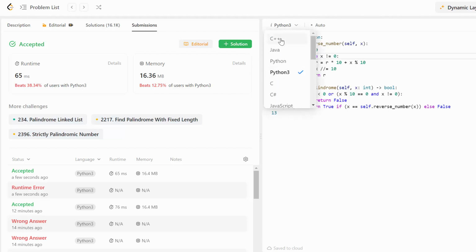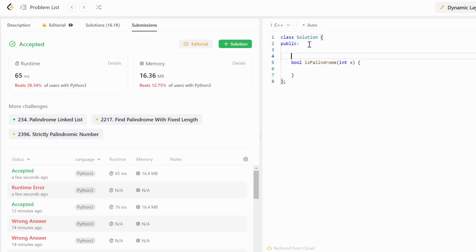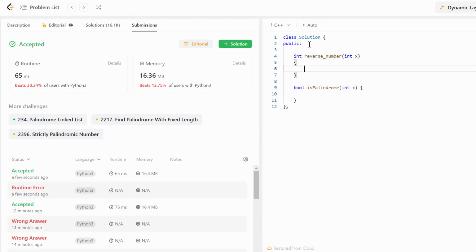Now let's move to the C++ and let's once again write our naive solution in C++. So I'm going to create a new function, reverse number. It will return integer, and the argument of our function will be also integer. And inside of this function, I'm going to initialize new variable r with 0.